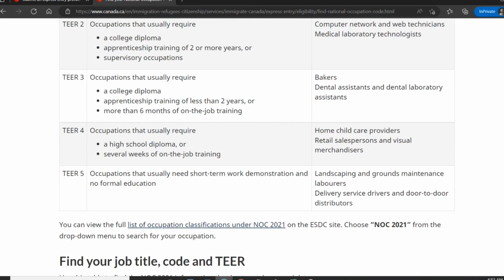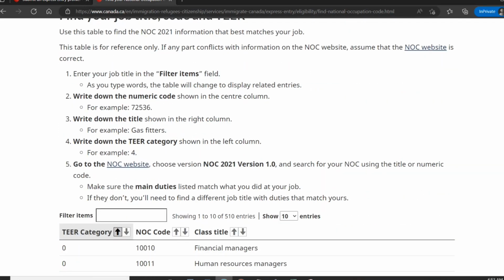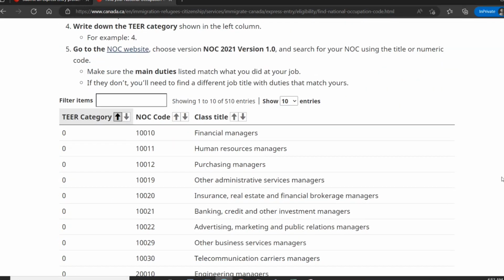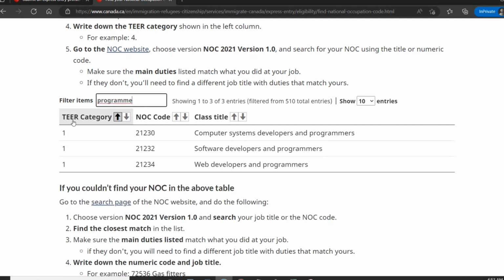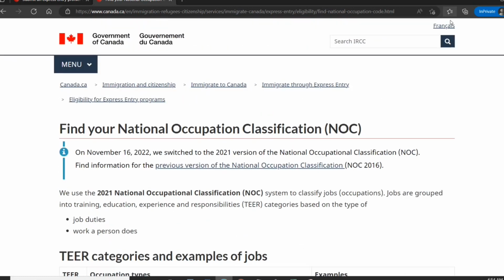Now you need to find out which one it is for you. So for example, if you are a programmer in IT, you can see it comes in tier 1, and you can see the NOC codes. So let's say you want to go for 21232, software developers and programmers. Now we know our NOC code, so we will go ahead and start creating the